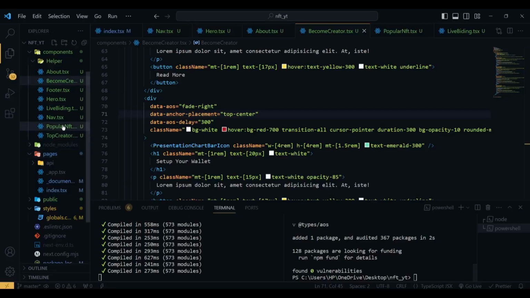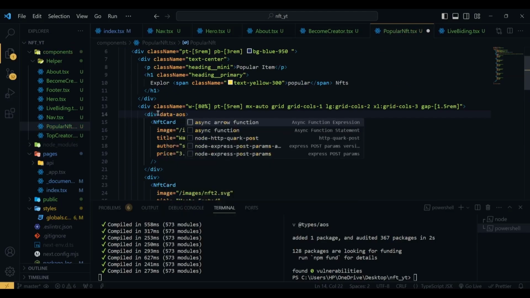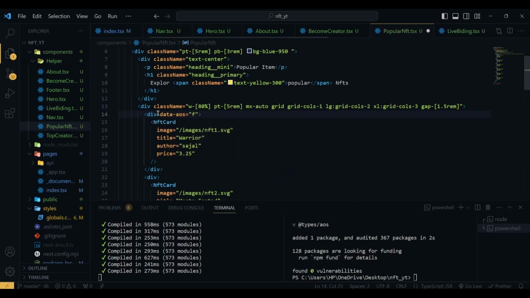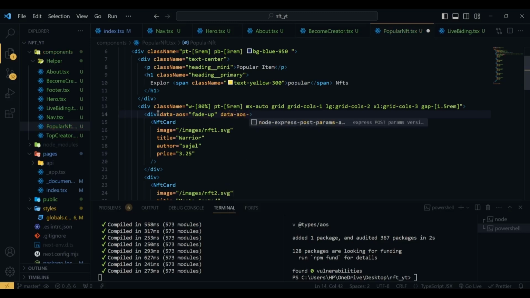So go to the popular NFT, and for the first div, we'll have a data-aos equal to, we're going to use fade, data-aos-anchor-placement will be top center. Now we are going to copy this